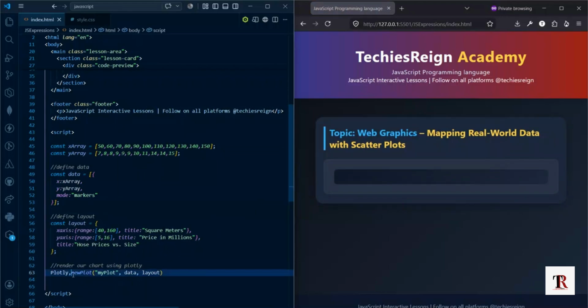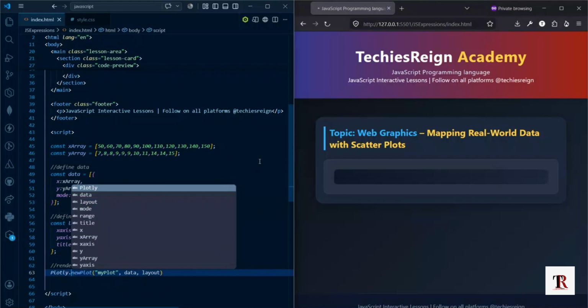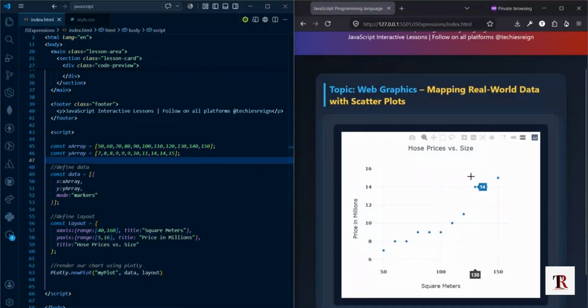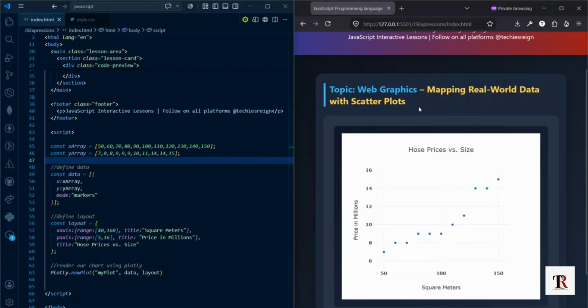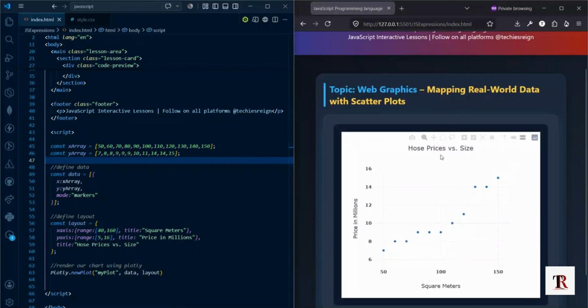It is Plotly.newPlot. And now you can see that we have this beautiful custom scatter plot that you can use to